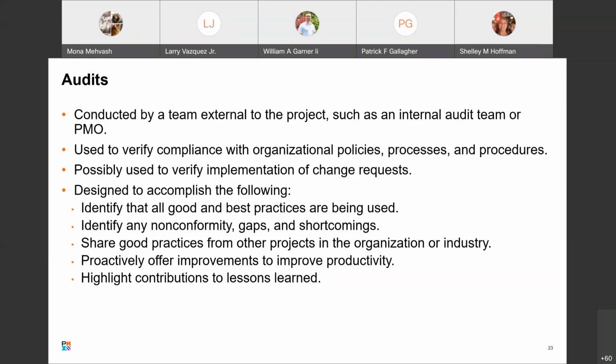Hey, Will, I have a question. Now that we do much more agile project management type projects, would you say that we do a lot of audits? I can kind of see how when we were doing more of the waterfall type project management methodology, the audits were really important and people really held to that standard. But now that people are on this agile project management, do you still see audits? Like, I've not seen an audit.